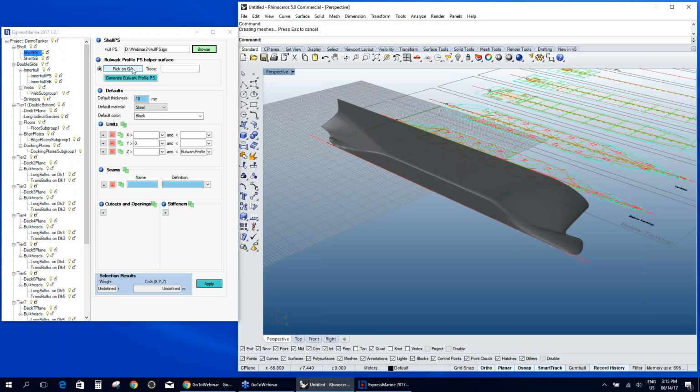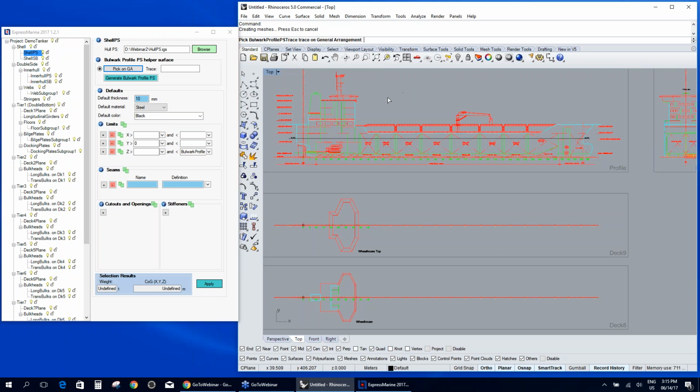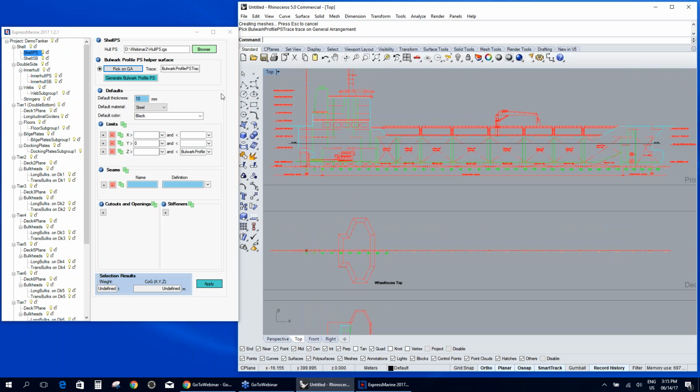For that, we have this function. We can pick the curve from the GA that defines the bulwark profile. We press this button, pick on GA, then we go in the profile selection box, and we pick the curve defining this bulwark profile. It must be a single polycurve. So if yours is split in more segments, you will need to join them. Now we go back in perspective view,